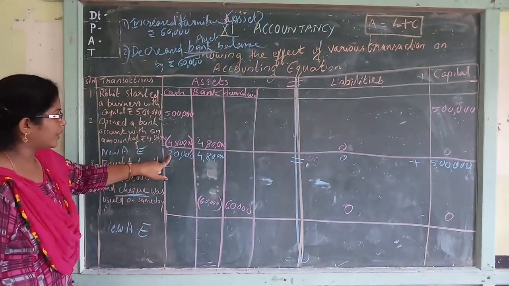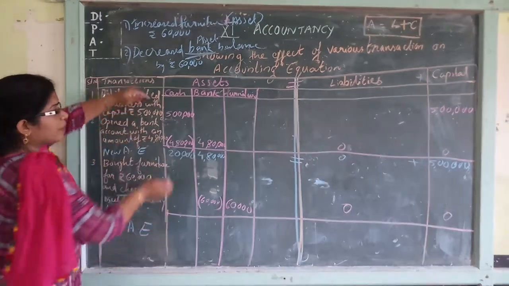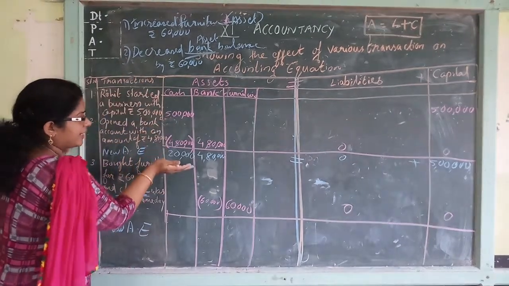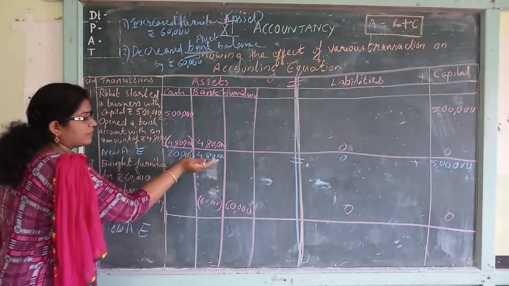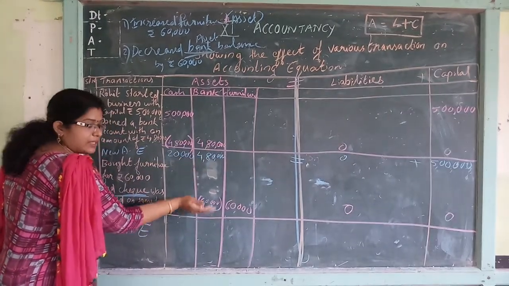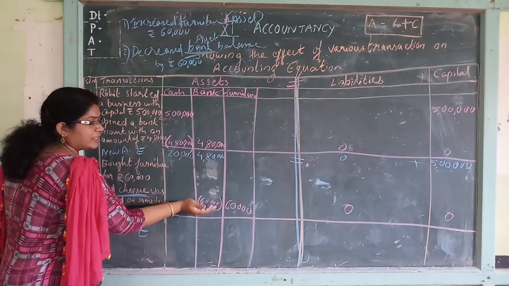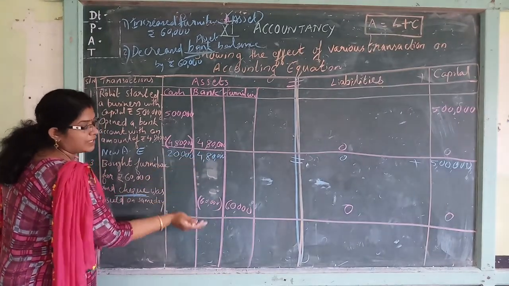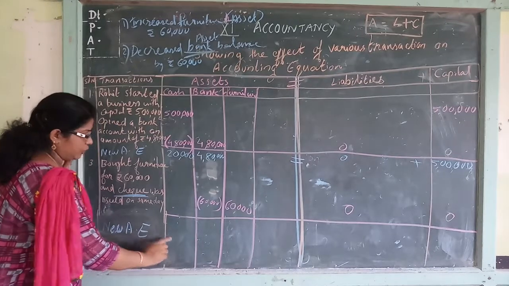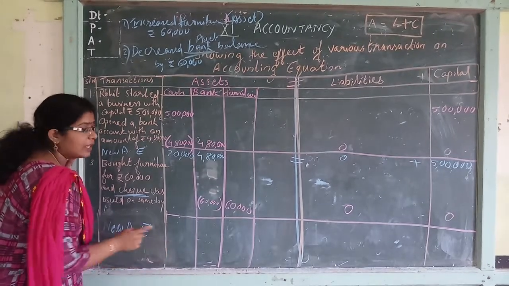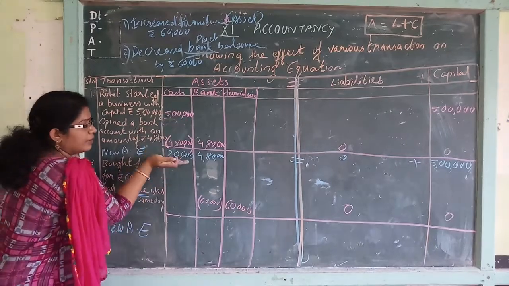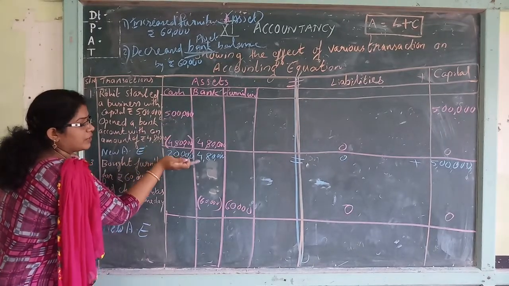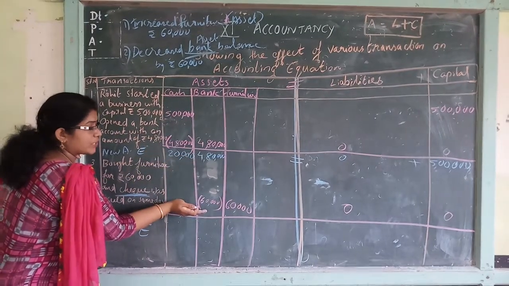So here a new accounting equation. Now don't compare with these two. That is over. You create a new accounting equation here. Now compare this new accounting equation with the new transaction. What is the effect here? Then you will get a new accounting equation. So don't compare these two, only compare this new accounting equation and this new transaction.